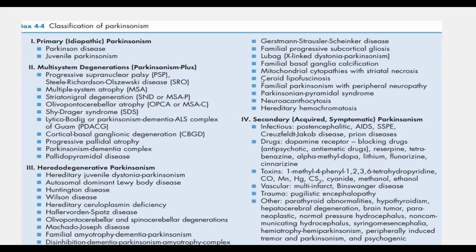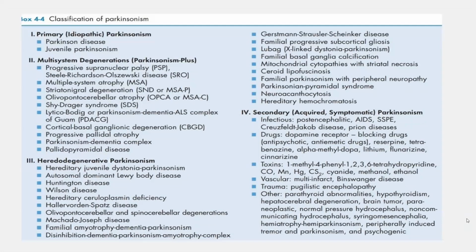And the last one, and very important, is secondary Parkinsonism, because these are all reversible conditions. You need to identify the causes. Most commonly in the infectious causes, post-encephalitic. Most commonly the virus would be the arbovirus group like dengue, JE, all those cause basal ganglia lesions that result in Parkinsonism. Others are HIV, measles, CJD, that is prion diseases.